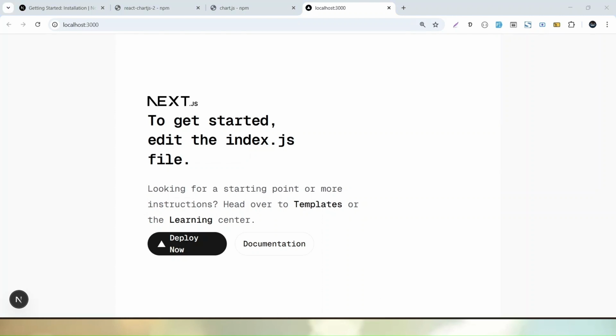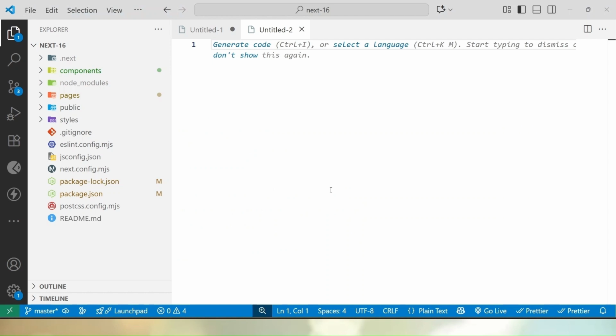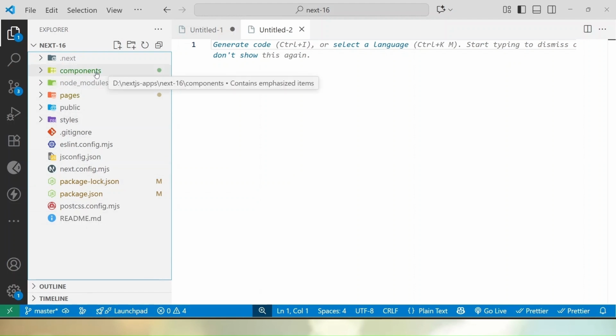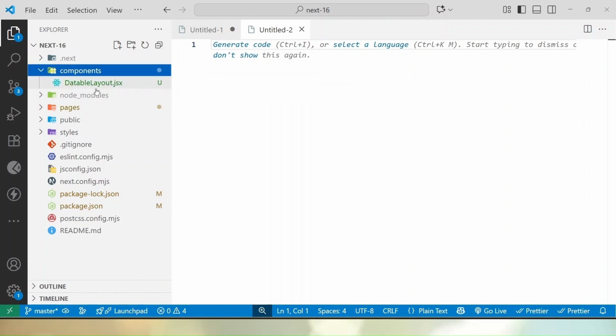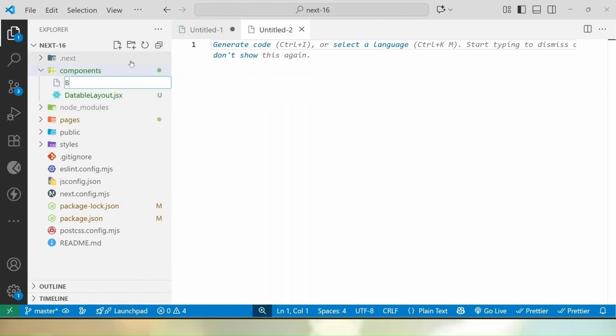So let's go back to VS Code. So what we are planning, it's very simple. First, we have to create a component. Like I will create a reusable component so that if I use it anywhere inside the application, that component will create a bar chart. So here, to create a reusable component, it's better at the project root. Let's create a components folder. So already I have. Now inside these components, I will create a file and I will say bar